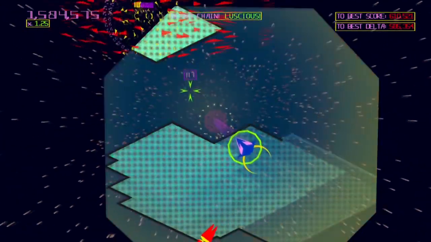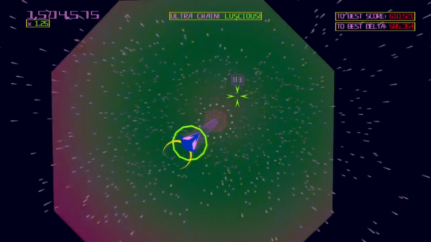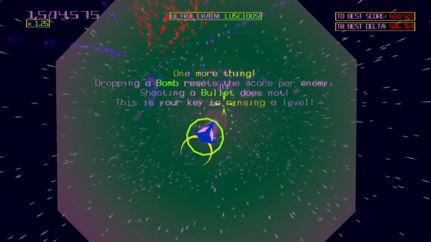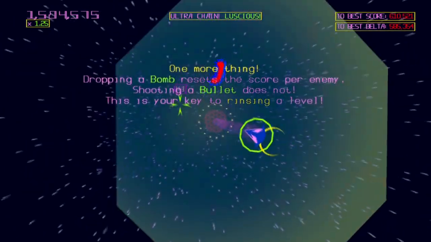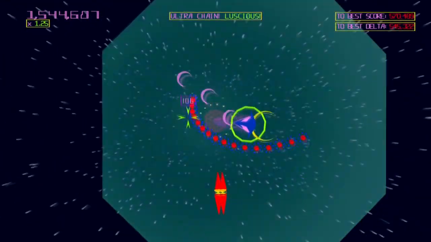And we've almost got all the basics down for Akka. There's one more major mechanic that we'll see here in the next tutorial stage. Just a few more enemies to take out, and